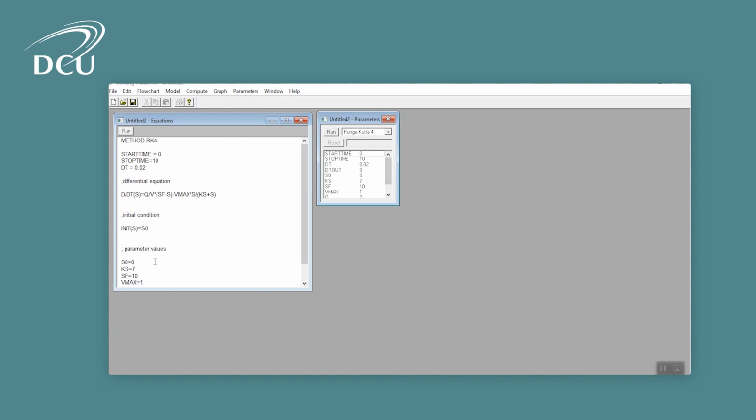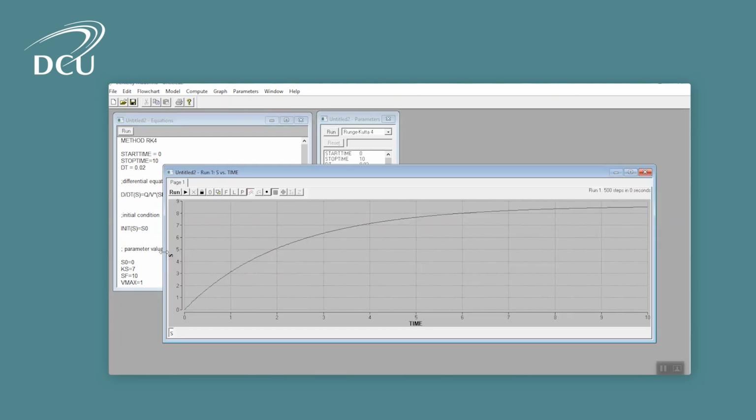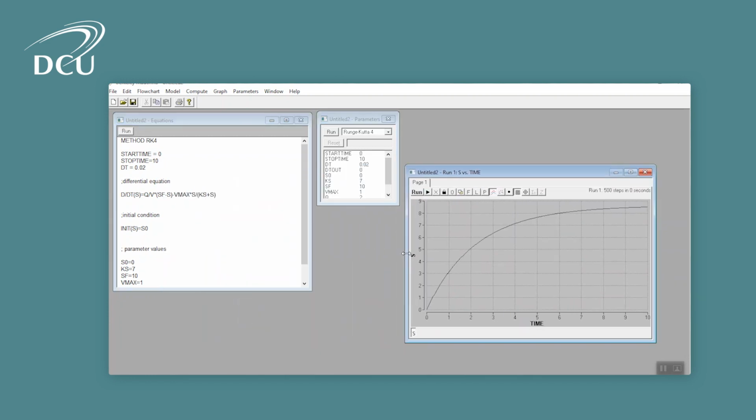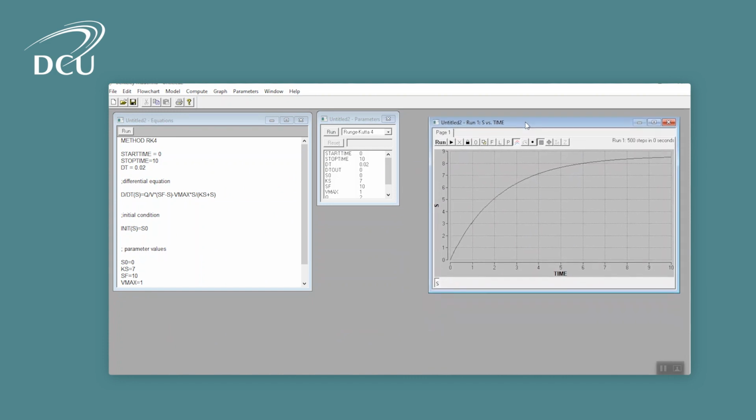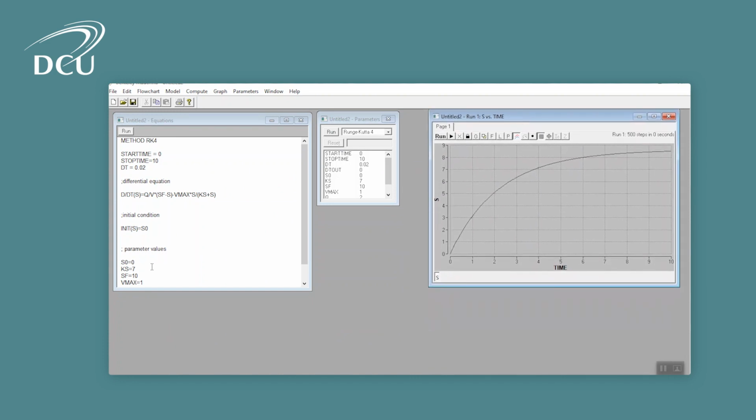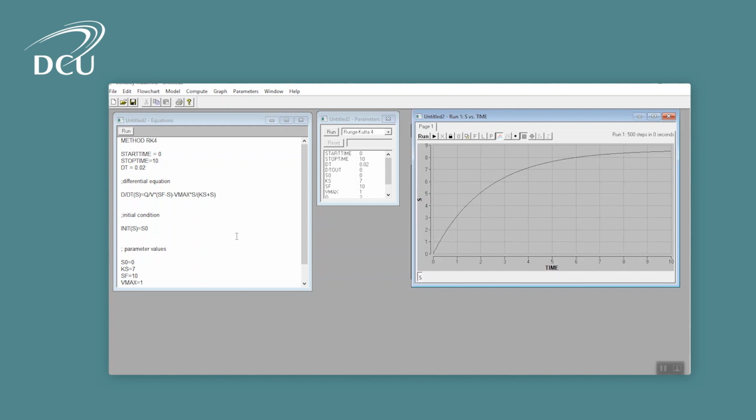So I'm going to leave the stop time as 10 for the moment because I don't really know what this model is going to look like when I run it. So I'll run the model now. Stop time of 10 seems to be okay. I haven't really specified any units for these parameters here, which is a bit naughty of me, because one thing about doing engineering is that you really have to be strict about making sure all your units are correct. But just to make life easy for ourselves, we're not specifying what these units are.